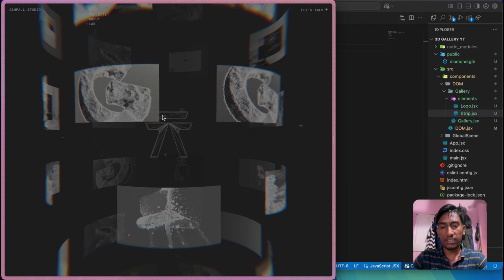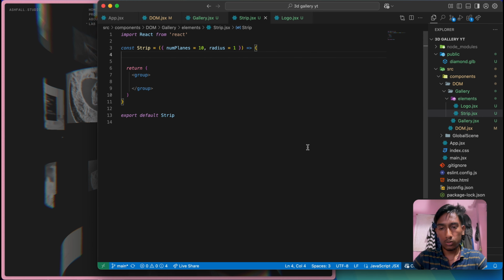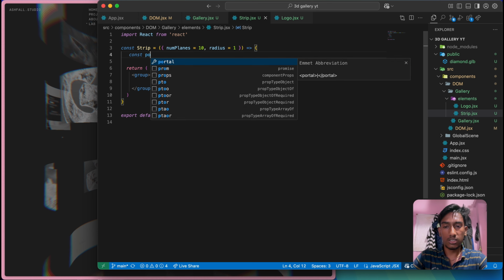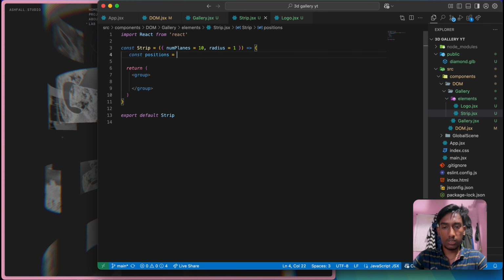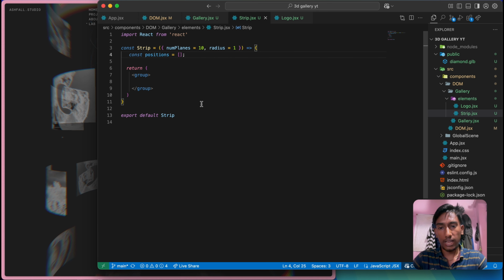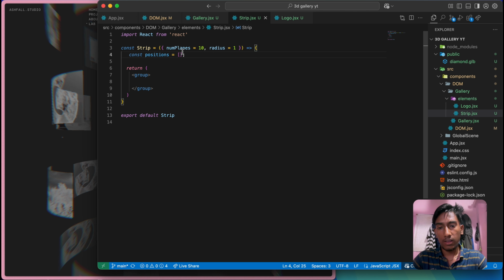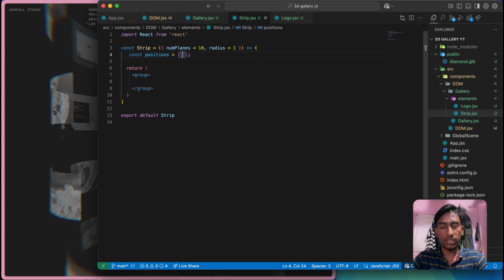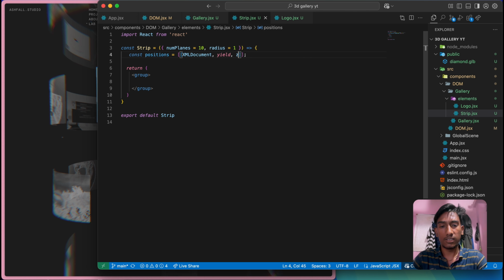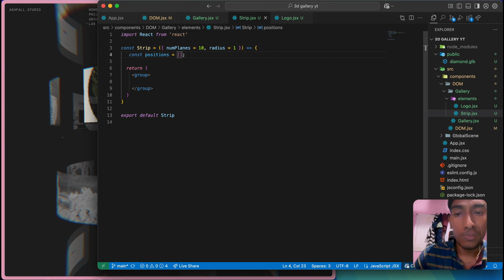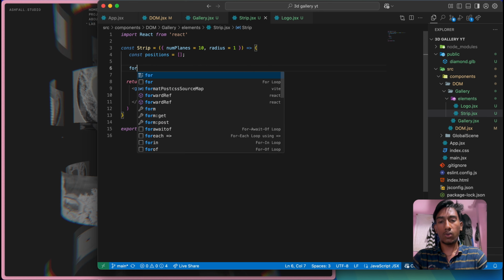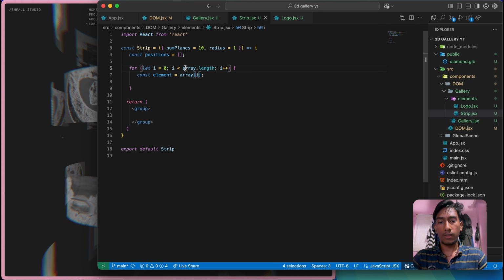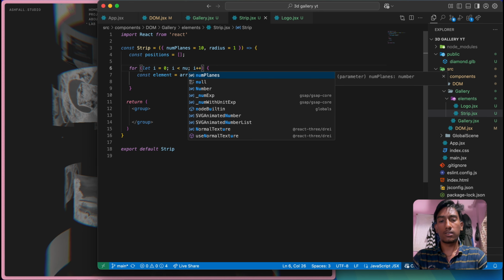Now let's create this. We have to get some positions. It will be an array and it will have 10 different arrays with all the positions x, y and z. Now I'm going to create a for loop, i less than number of planes.